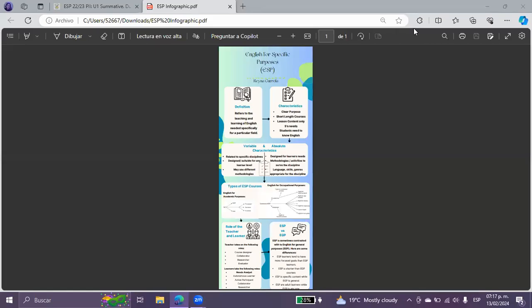Hi there, my name is Reina Corolla, and as part of the Unit 1 summative task for ESP, I will be going over this ESP infographic with you. And at the end, I will also answer 3 questions that were also assigned to us. So, sorry in advance if my camera is turned off. If you can see it, I was having some difficulties with the camera, so I decided to leave it like it is,